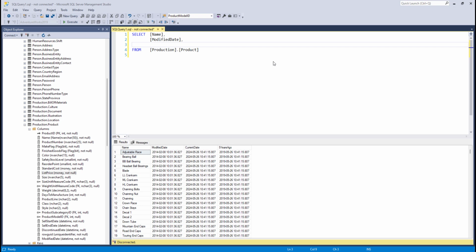So let's have a look at how we write the Datediff function. We're going to select some data from the production.product table, and we're going to look at the modified date, and we're going to use getDate in order to do a comparison. So the syntax of the Datediff function is simply to say datediff,